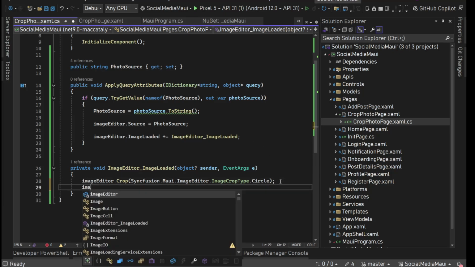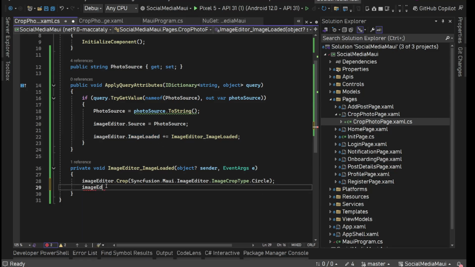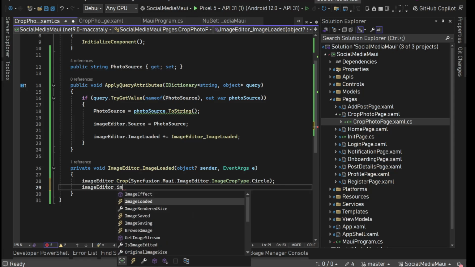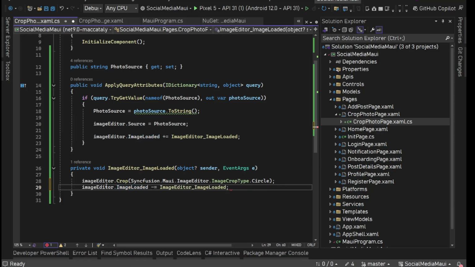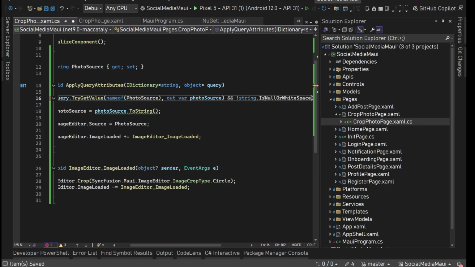After that, we'll simply remove this image loaded event handler from here. We don't need it now. So image editor dot image loaded minus equals this thing, just remove it now. With this we will be good. Okay, here let's check one more thing. And not string dot is null or white space